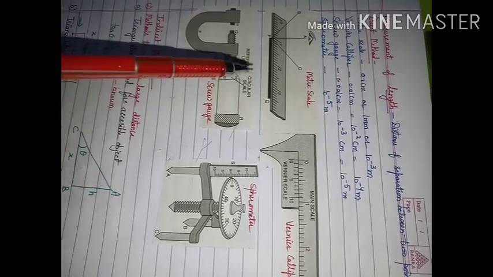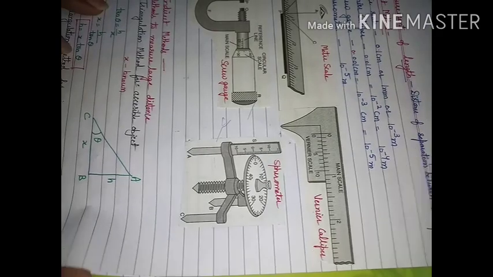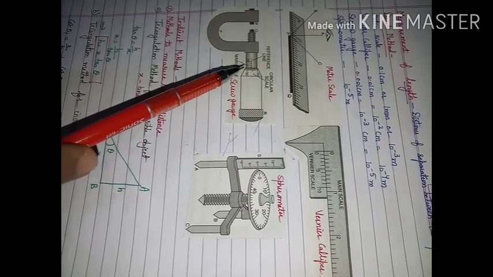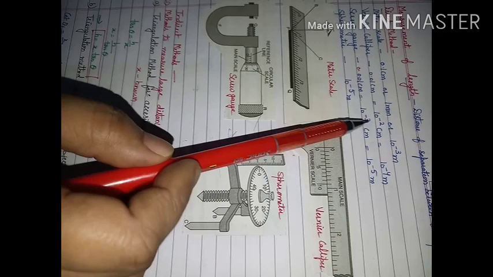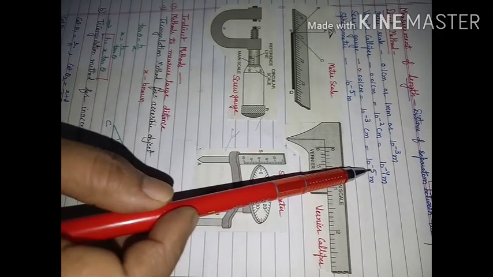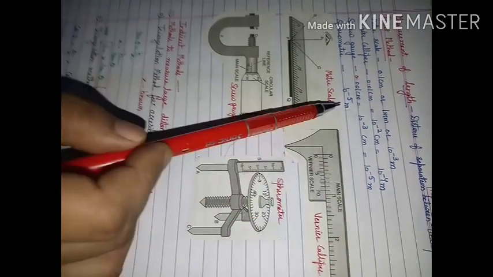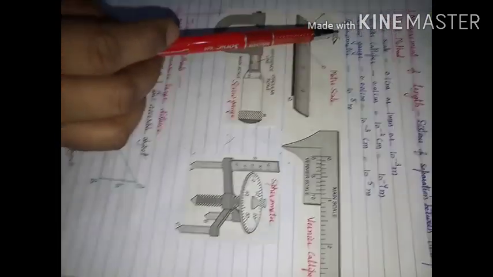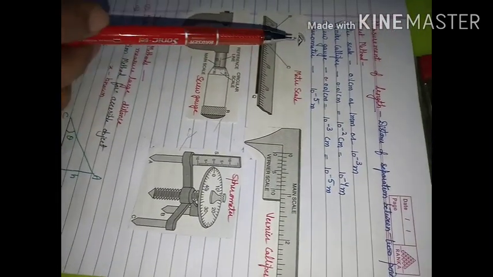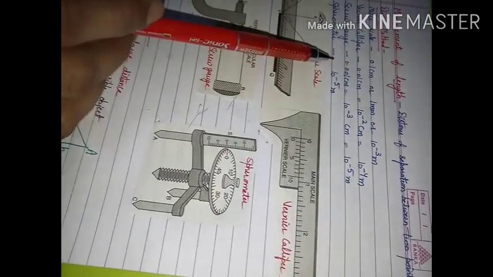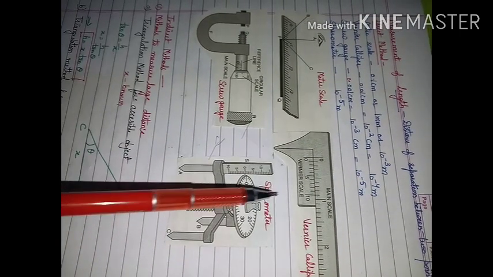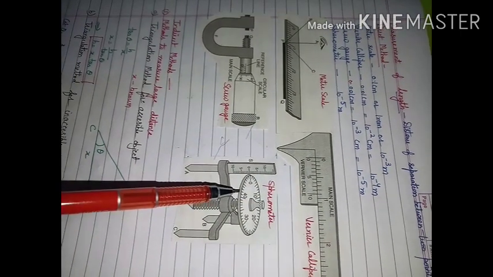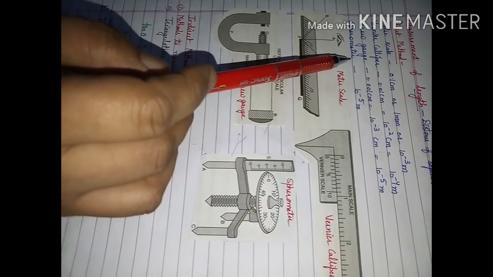If you want to measure a further smaller distance, like the thickness of this page, then in that case we will not use vernier caliper, we will use screw gauge. Its least count is 0.001 centimeter or 10 raised to power minus 3 centimeter or 10 raised to power minus 5 meter. Another instrument that we are having in lab for measuring much smaller distance or length is spherometer. So all these three you will use when you do practicals in lab. So these are a few direct methods.